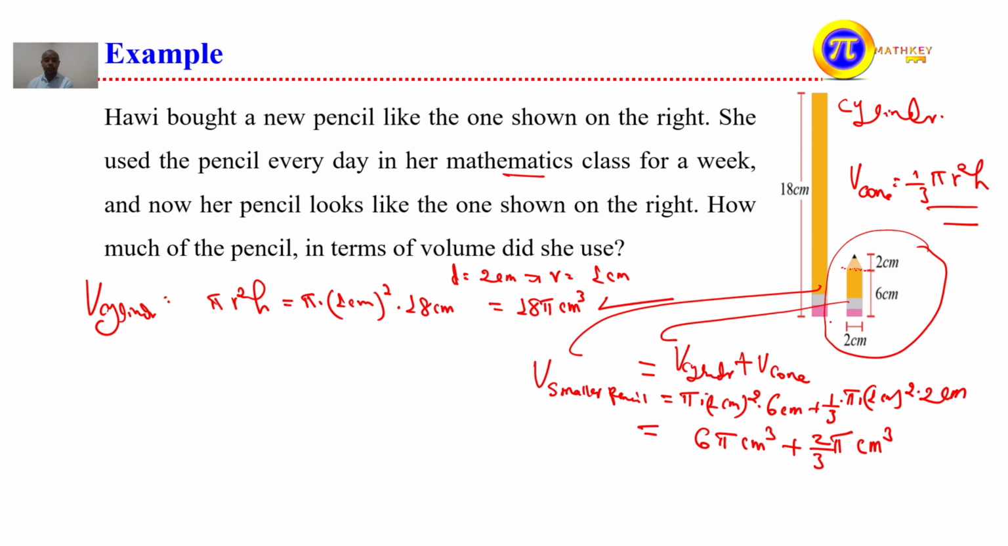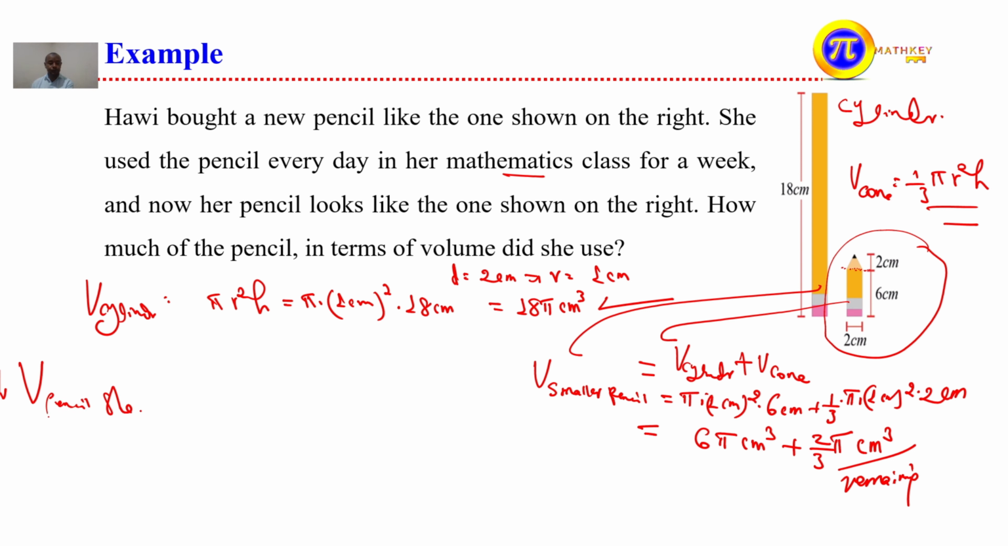So we asked what? How much of the pencil in terms of volume did she use? That means this one shows the remaining one, the remaining pencil. So what will she have used? That means volume of pencil,